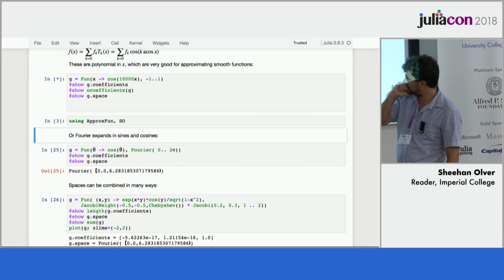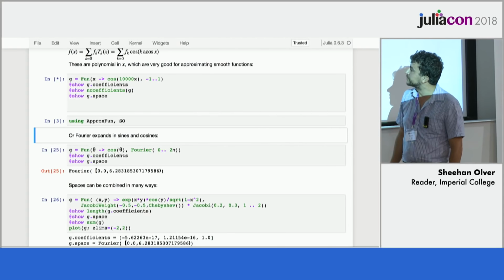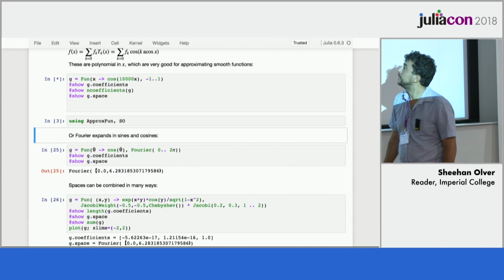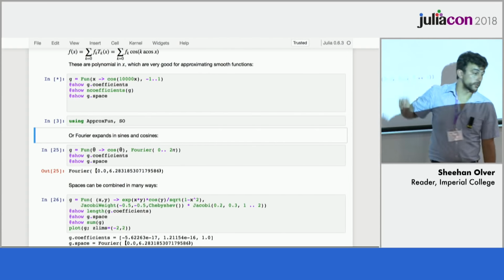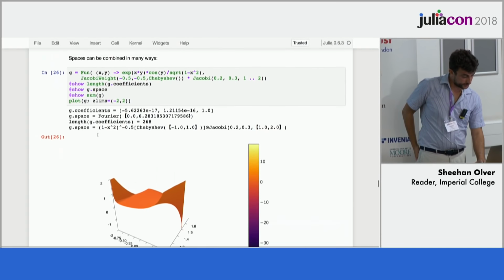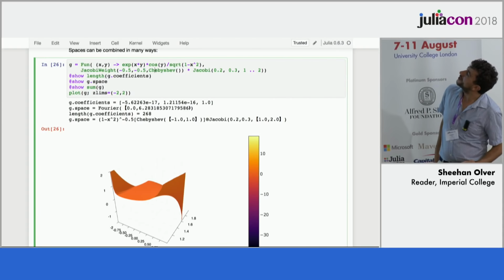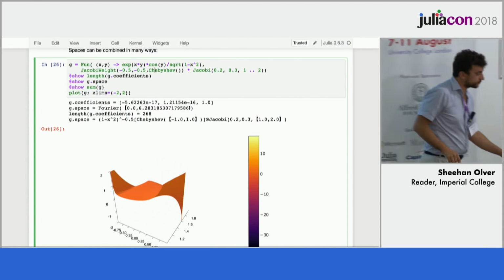So luckily I've pre-done most of the cells, so it shouldn't be an issue. So then you could do this with other bases, Fourier and so on. Or we can really push it. Here's sort of, so what does this mean? This means